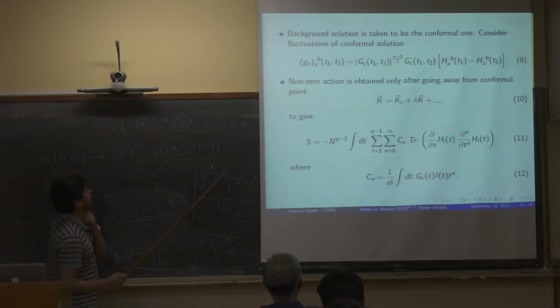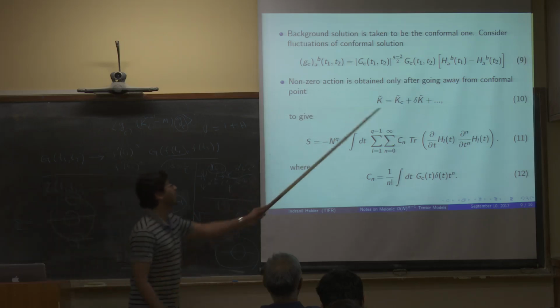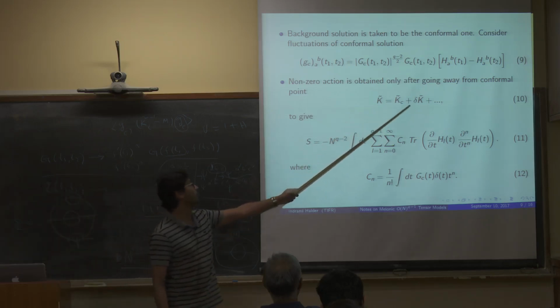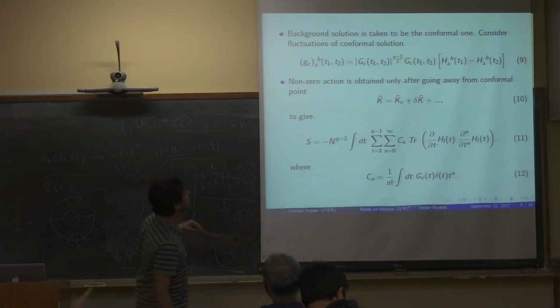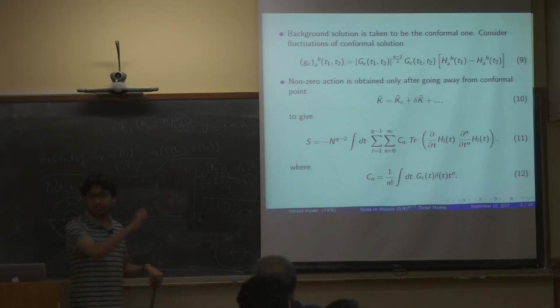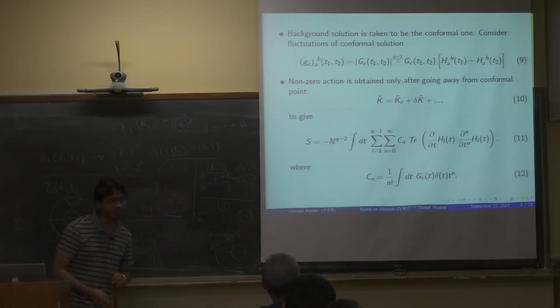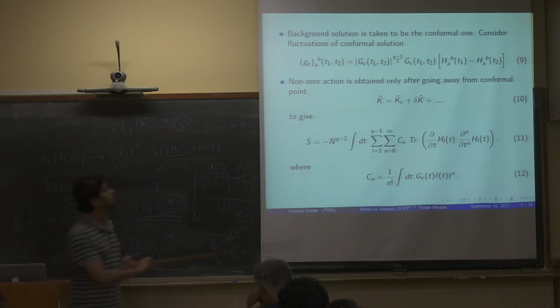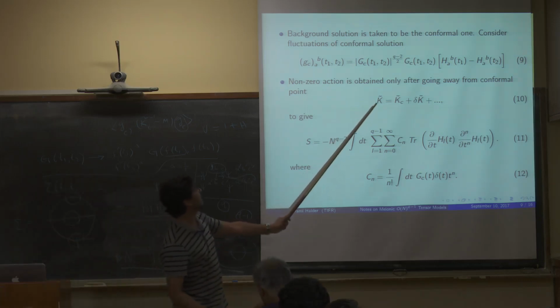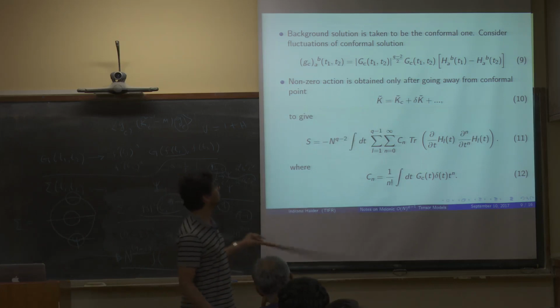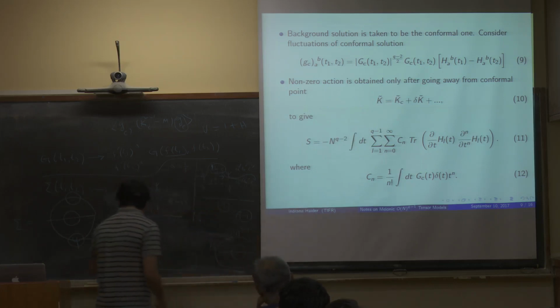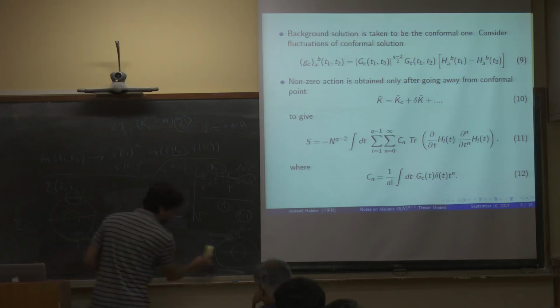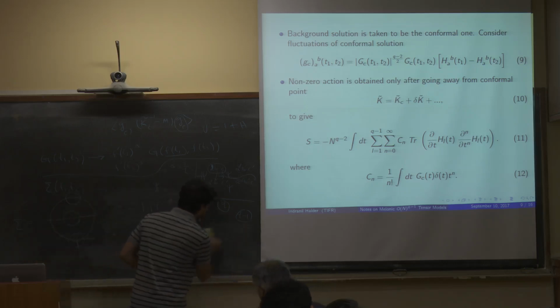Okay, so we need to go a little bit away from the conformal limit to get the first non-zero action. And that will know about the del t. Now we do this by expanding this kernel around this conformal solution, and the action that we should get is because of del t, as Cyril said, and that del t is a local